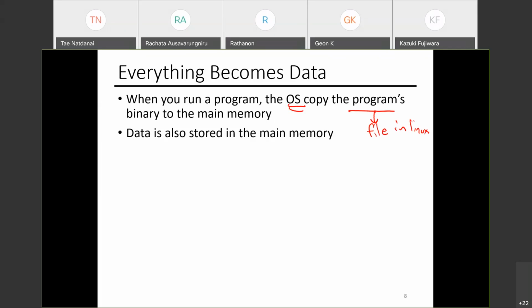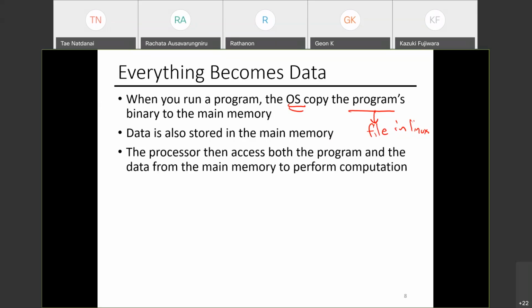Copy this to the main memory, where you go and buy DRAM. Whenever you joke to your friends who have 20,000 different tabs on Chrome running and say, hey, you run out of memory, that is the memory where your program gets copied to. Then the processor, which is the CPU, will access the program and the data, the input and output and everything, in the main memory. That's the furthest the processor is going to access, basically.